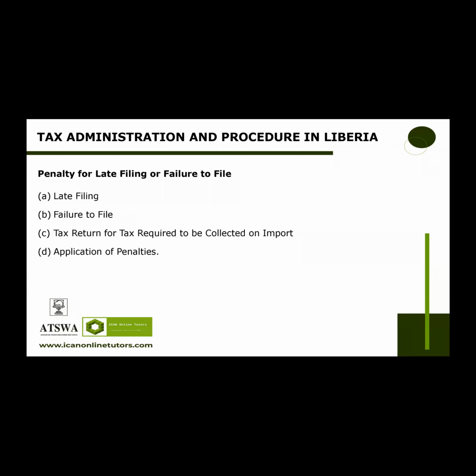Penalty for late payment of tax or failure to pay tax. For the late payment, a taxpayer has an obligation to make timely payment of tax due for a tax period. Tax is timely paid if it is received in the taxpayer's designated place for payment by the due date. And the minimum penalty for late payment is 2% of the unpaid tax, and the penalty increases by 2% per month or part of the month that the payment is late, but not in excess of 50% of the unpaid tax. Interest on a late payment is at the market rate published by the Central Bank of Liberia.